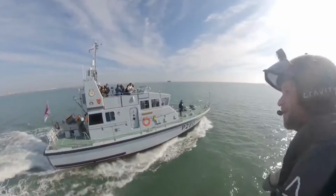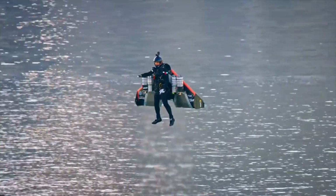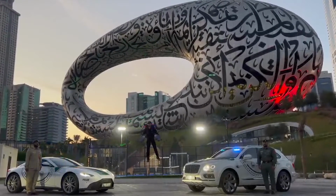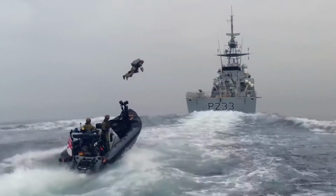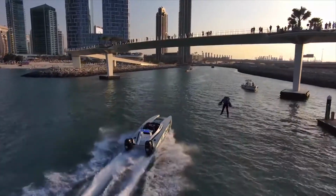again for a whole host of military applications. The British Royal Navy used the suit to conduct a visit, board, search, and seizure exercise. The high-profile operation usually involves a stealth team hooking onto and infiltrating a moving ship using a fast boat. But Browning was able to hop onto the HMS Tamar, a Royal Navy Batch 2 River-class offshore patrol ship, using